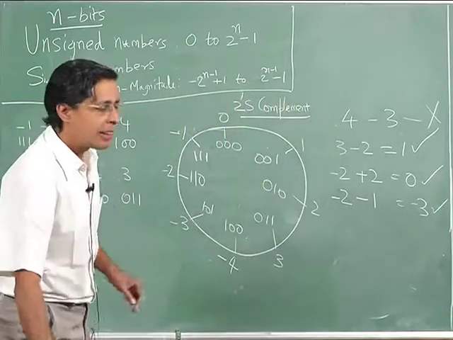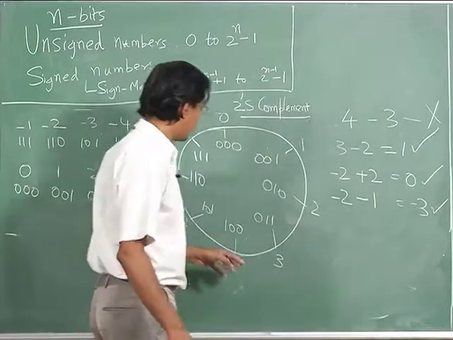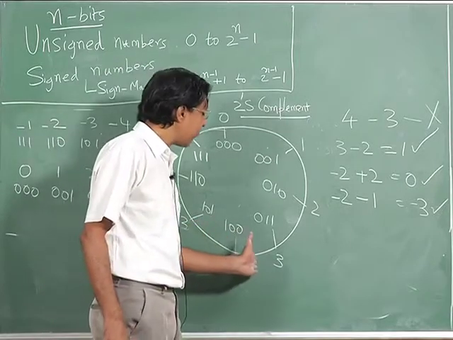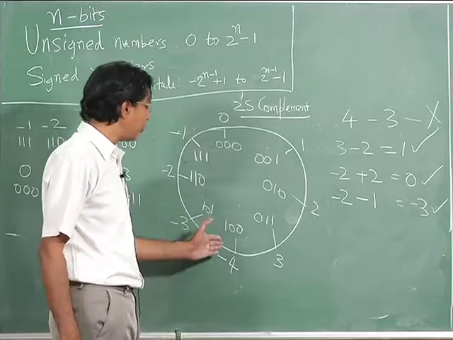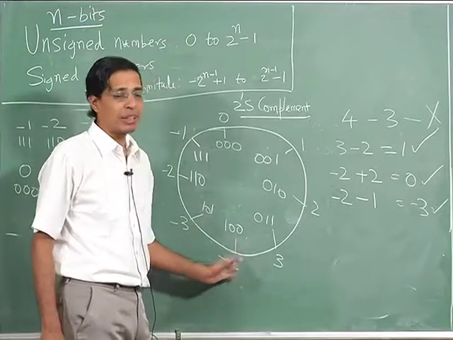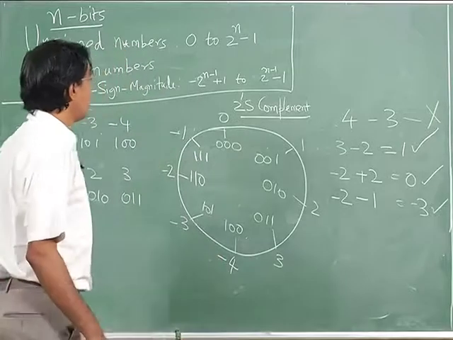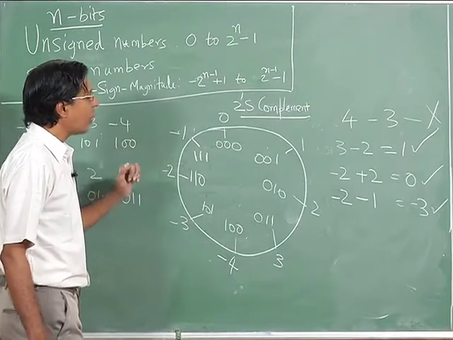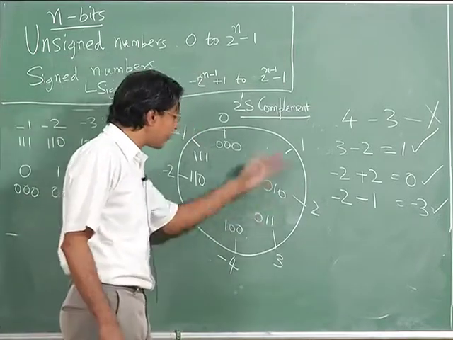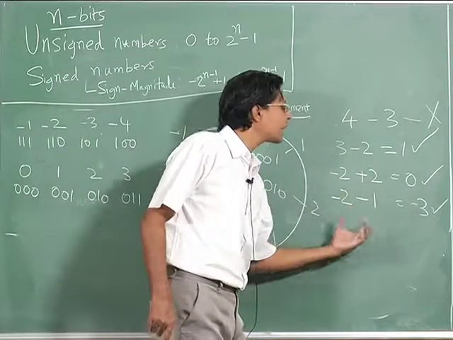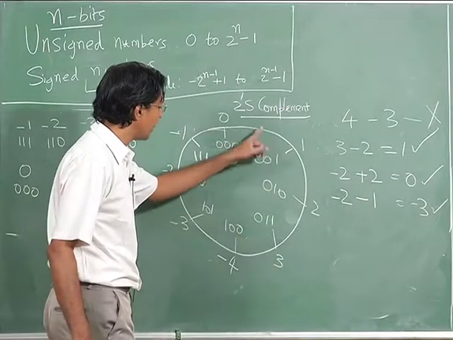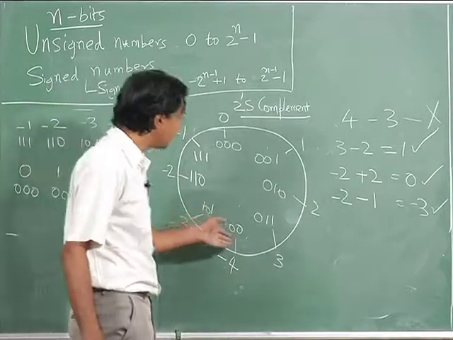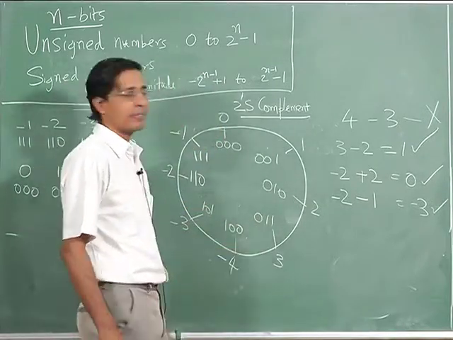Please do understand that I could not do 4 minus 3 because the maximum positive number I can represent is 3. I also can't do anything like minus 5 plus 1, because the minimum representation I could have is only minus 4. Please note that, assuming that the inputs are within this range, say 0, 1, 2, 3, and within this range of minus 1 to minus 4. I can't have anything less than minus 4 nor something greater than 3.